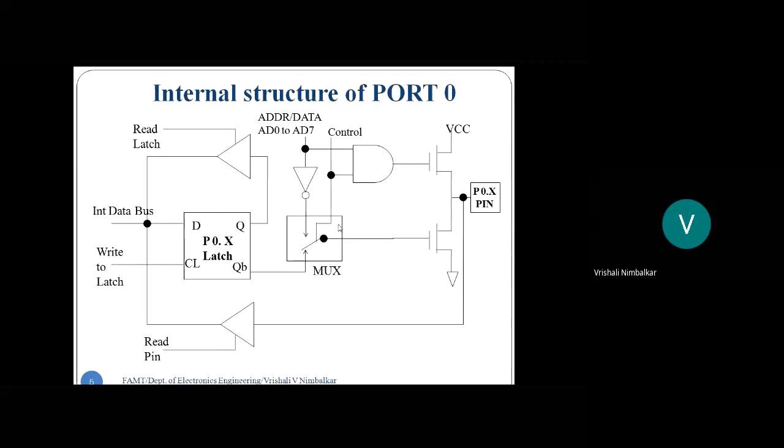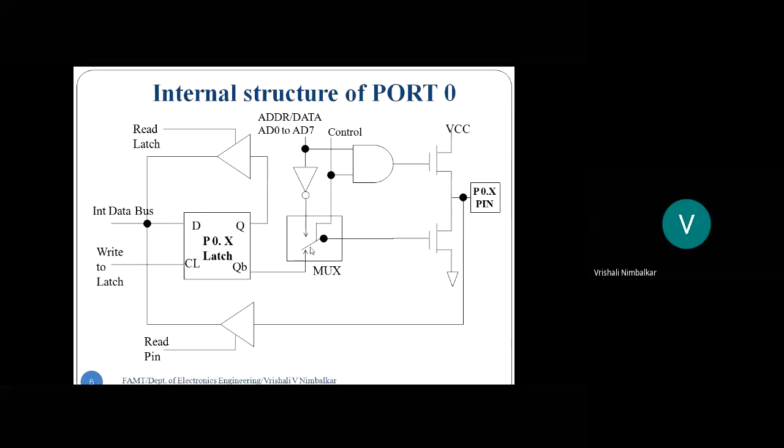Now see at the center, there is one multiplexer. Can you see the box and what is written? MUX. This is a 2:1 multiplexer. So there are two inputs. See the arrows: one arrow is coming from the top and the other is coming from the latch. These are the two inputs, input 0 and input 1. And that's a switch, the select line. Where is the select line coming from? The control signal. Are you getting me, students? When I say multiplexer, it has inputs, one select line and an output. See the black dot, that's the output. The output of the mux is connected to a MOSFET.